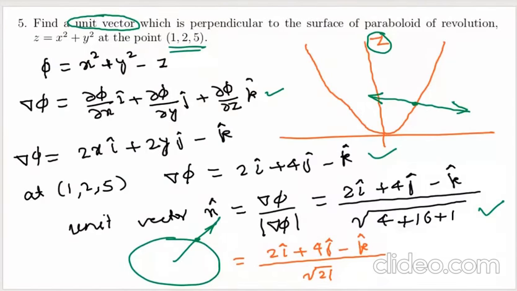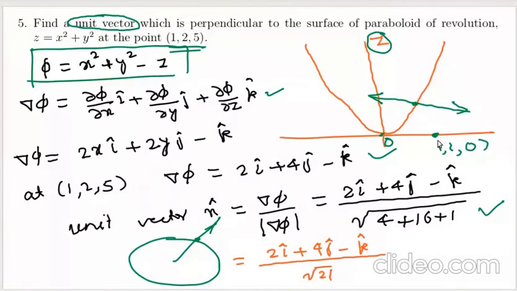That you can easily find. Suppose this is your function phi. You take some point that is outside, that is not inside this curve. Suppose I am taking a point here on the xy plane. So this point is 0 as we know. So let me assume that there is some point 1, 1, 0. This point is not lying on this curve because this will not satisfy the equation.